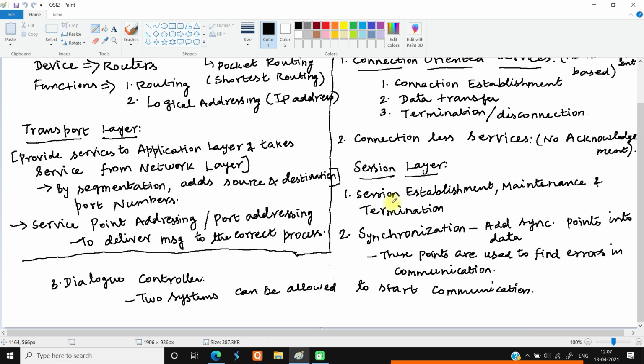The second one is synchronization. When the network process is done in a particular session layer that is software oriented, that session is added with synchronous points. Those points are added within the data. If any error occurs in the data processing in the communication, those points are used to find the errors, so that the error is caught within the session layer itself.